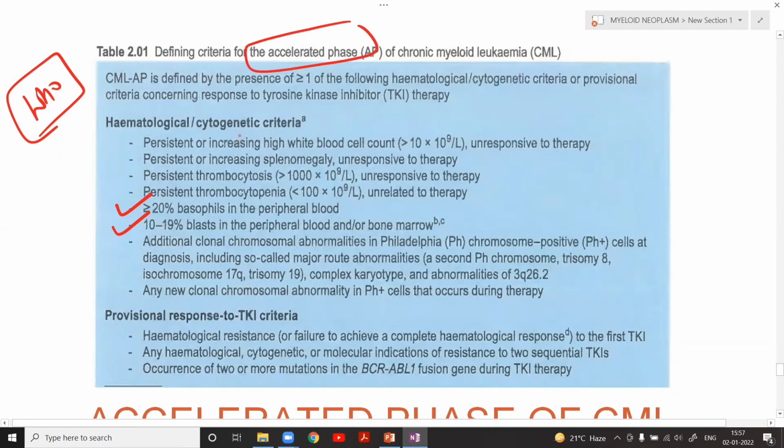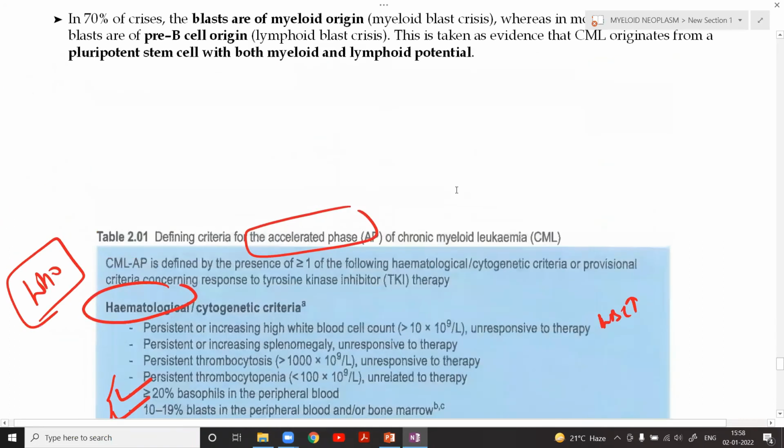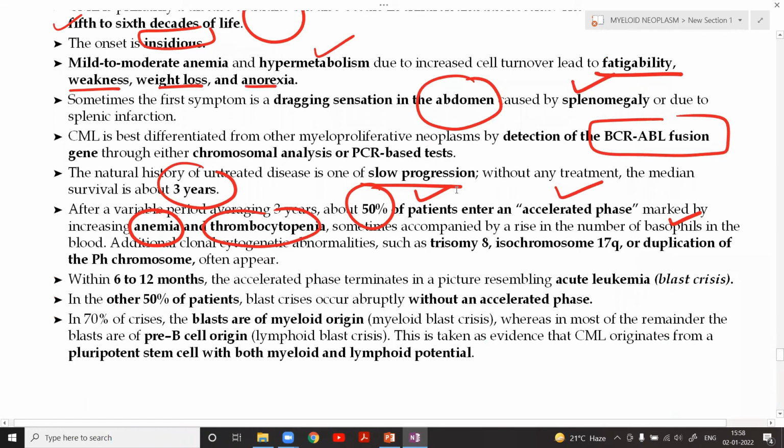There are other criteria also, which are only required at the postgraduate level. You need not see. So other factors like if the total WBC count keeps on increasing, or the cytopenias become more and more bad, or the patient in addition to the BCR-ABL has further chromosomal anomalies, or any new chromosomal abnormalities are there. So this is the hematological or cytogenetic criteria for labeling a case of CML as an accelerated phase. But remember, these 2 points are very important. Okay, clear to everyone?